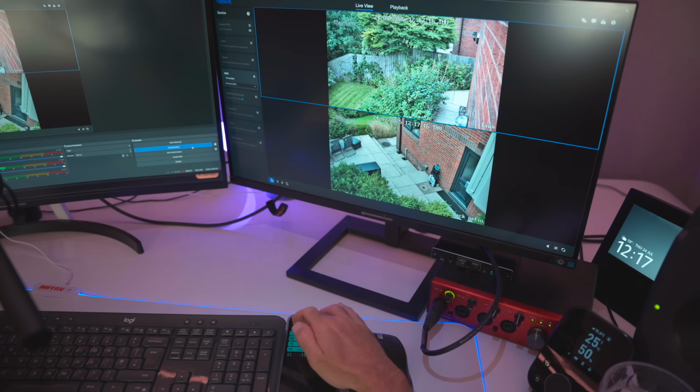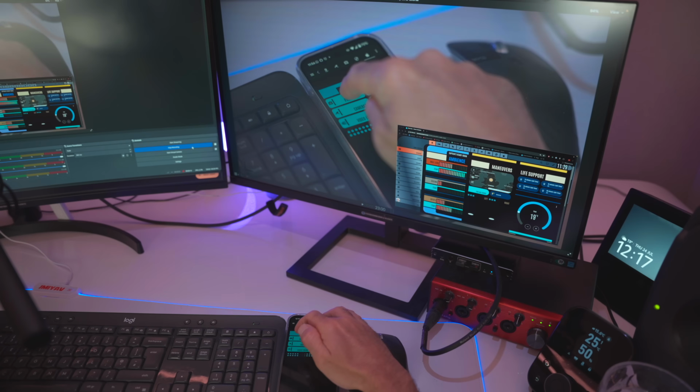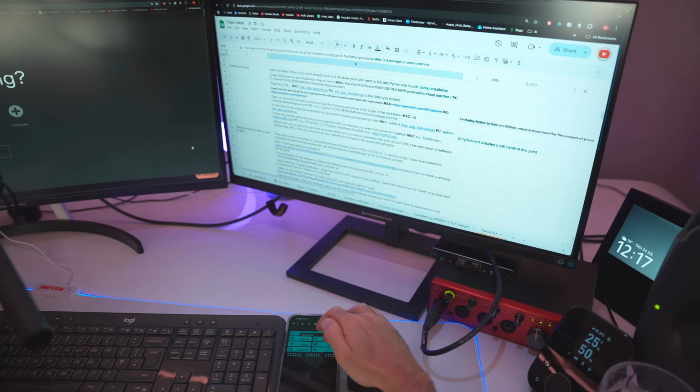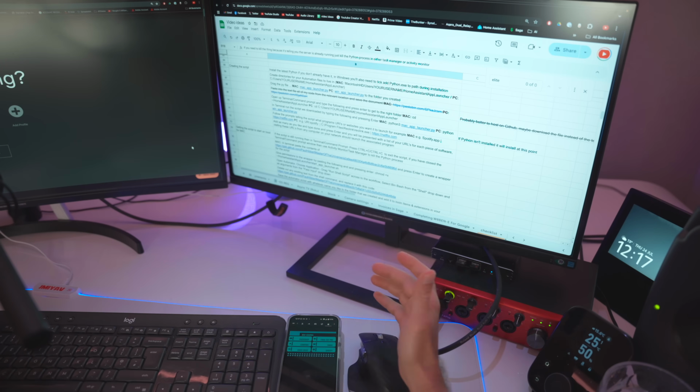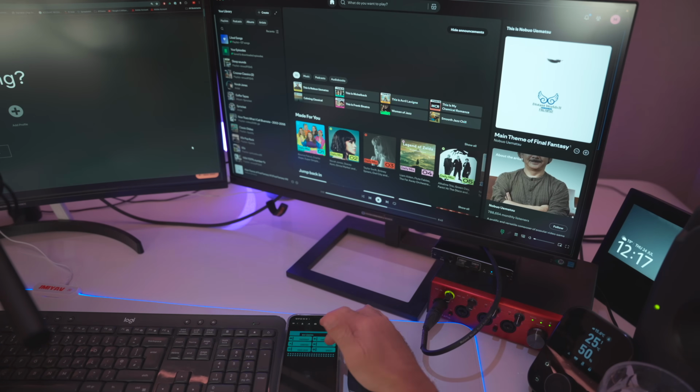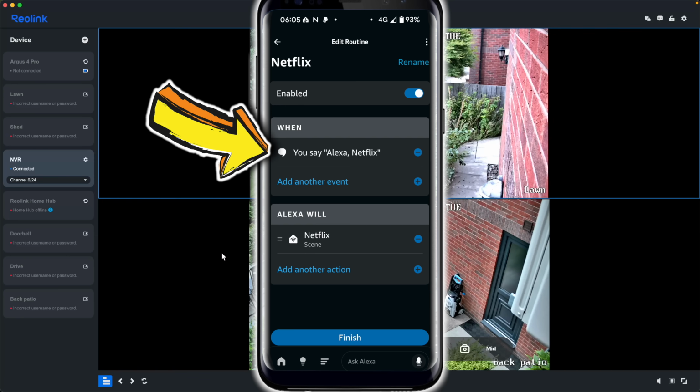So if you've already got a window open, then it will just bring that window to the front. It doesn't launch a new version of that app, it just brings that app to the front of the screen. So if you're trying to work through your files and you're busy going from thing to thing and you just want to bring up a particular thing, you just say launch that thing and it will come up. It's that simple. And of course, because Amazon has routines, you could have a routine using whatever phrase you wanted.